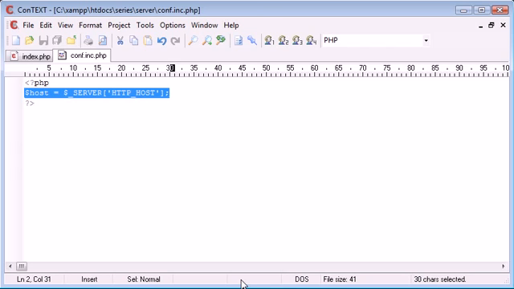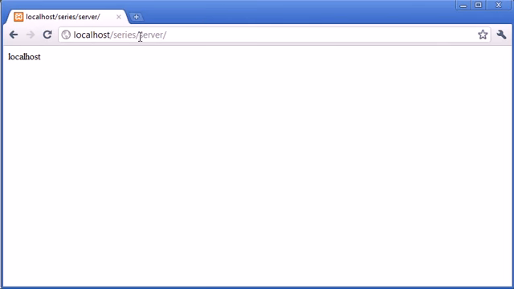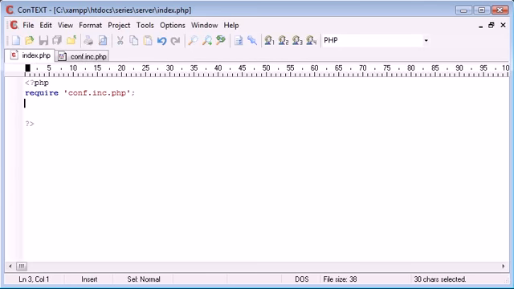So let's say at the moment I've got it on localhost and I'm developing it. All my pictures, for example, for a template system are going to come from localhost / something. So it could be local. At the moment the URL I'm running under is localhost / series / server. So what I could do is I could say host equals this, however